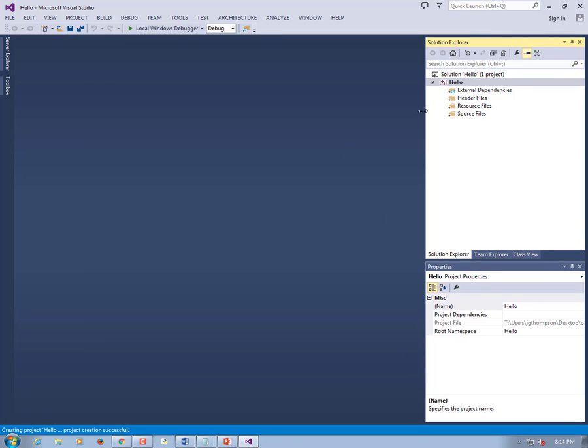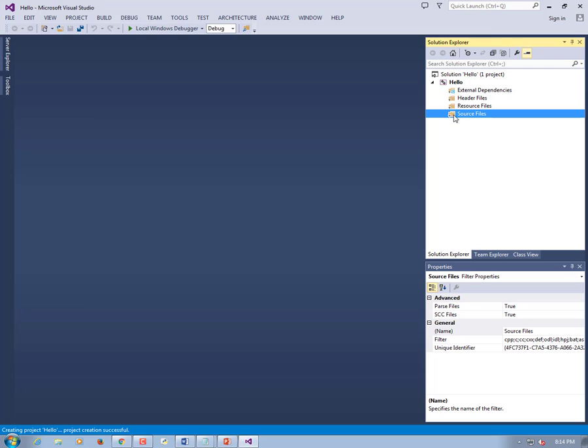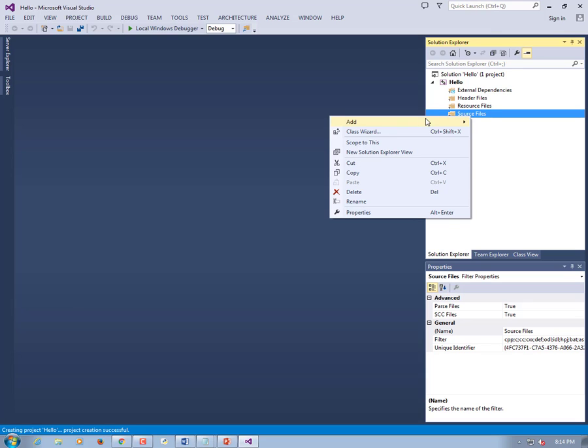So when I was babbling about it, calling it a project in certain places and solution in other places, we did File, New Project, but then if we look over here, we see something called the Solution Explorer. The Solution Explorer lets you see all the files in your project. We don't have any files, but we will. Most of the stuff that we use is going to go in the source files directory. So we're going to need to right-click on that and do Add,